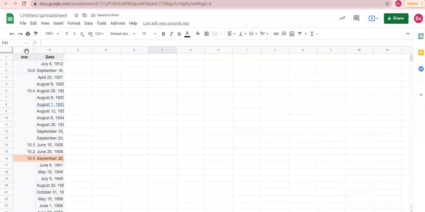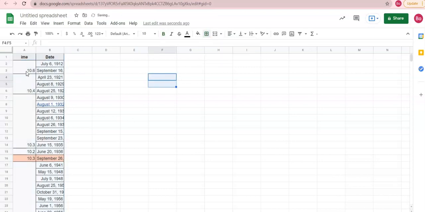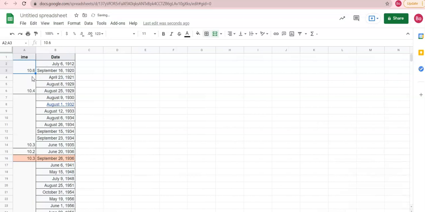All right. Now the next thing I like to do is just go ahead and create borders. And notice that there are multiple times that got achieved at different dates. Right? 10.6 happened twice on two different dates, 10.4s, et cetera, et cetera. So I'm going to unmerge these cells because I want every date to have a time right by it. So what I'm going to do is unmerge these, and I'll show you how you can quickly